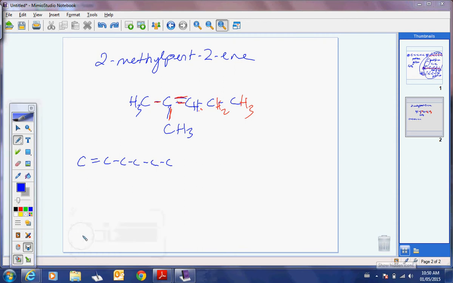I know you're probably not finished, but how about this for one of the isomers? Just the straight chain, 5 carbons. Wait, how about this for an isomer? Doesn't it have 6? What is the molecular formula of this? C6H12. What's the molecular formula for this? C6H12. So do they have the same molecular formula? Different structure? Okay, what would we call that?